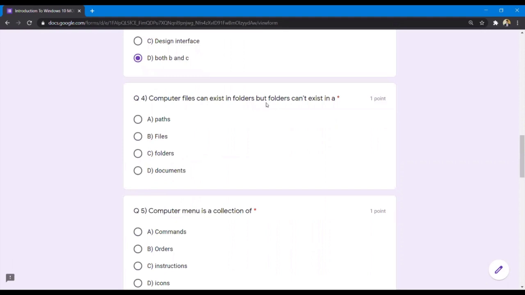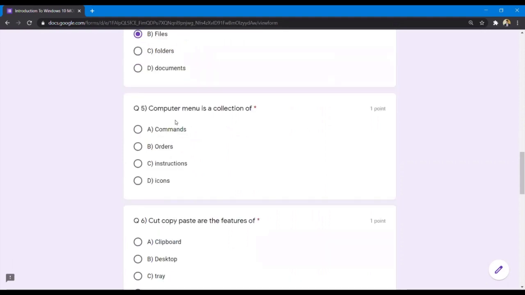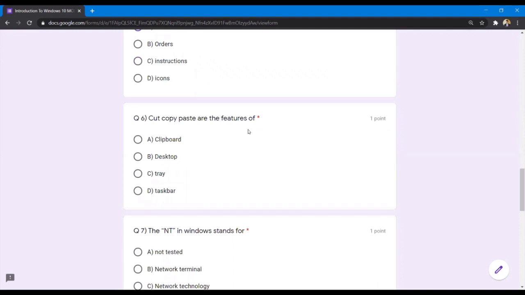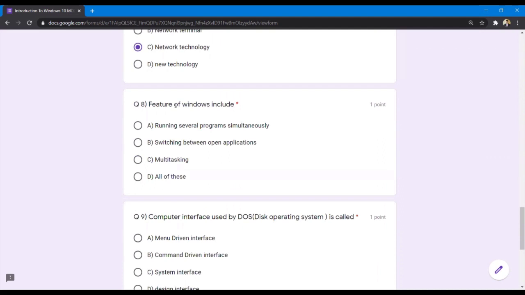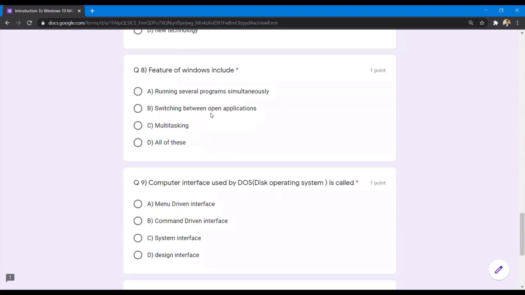And computer files can exist in folders, but folders can exist in... This will be files. Computer menu is a collection of... So this will be commands. Then cut, copy, paste are the features of... So this will be clipboard. Then we have: the NT in Windows NT stands for new technology. Then the features of Windows include... So this will be